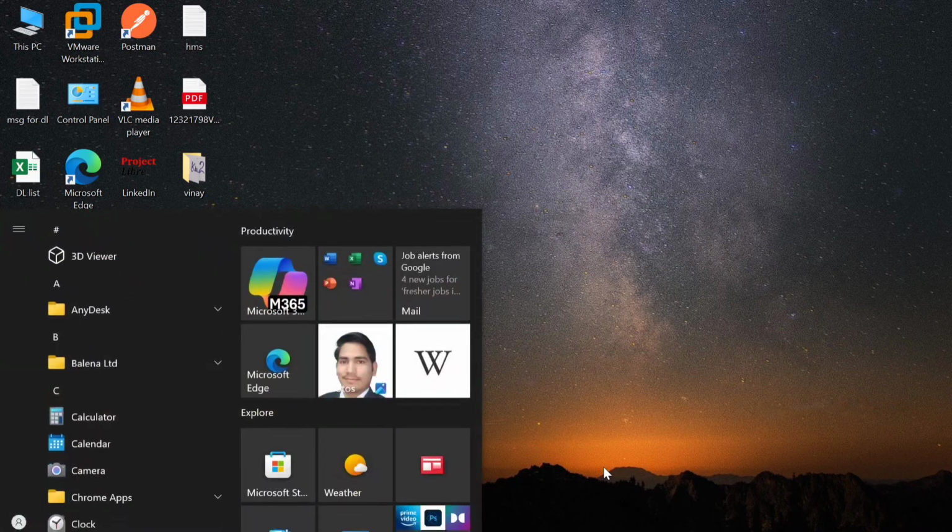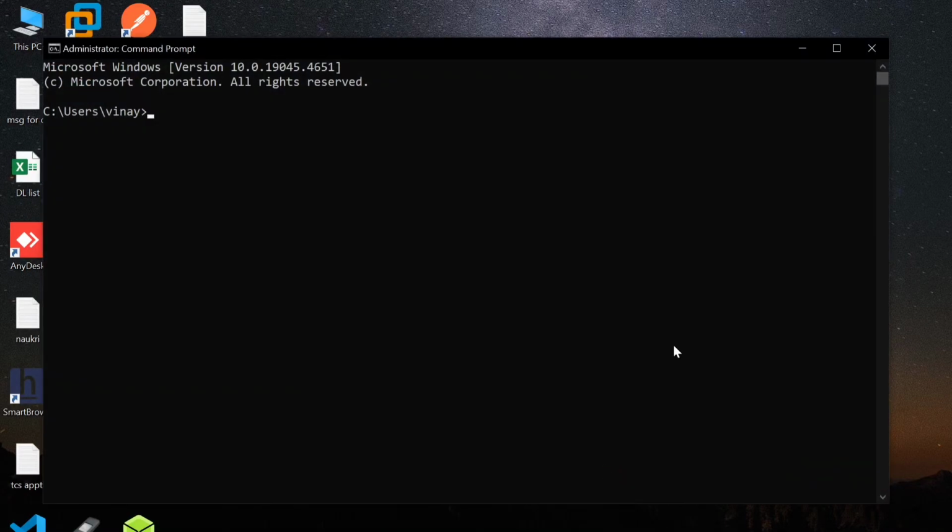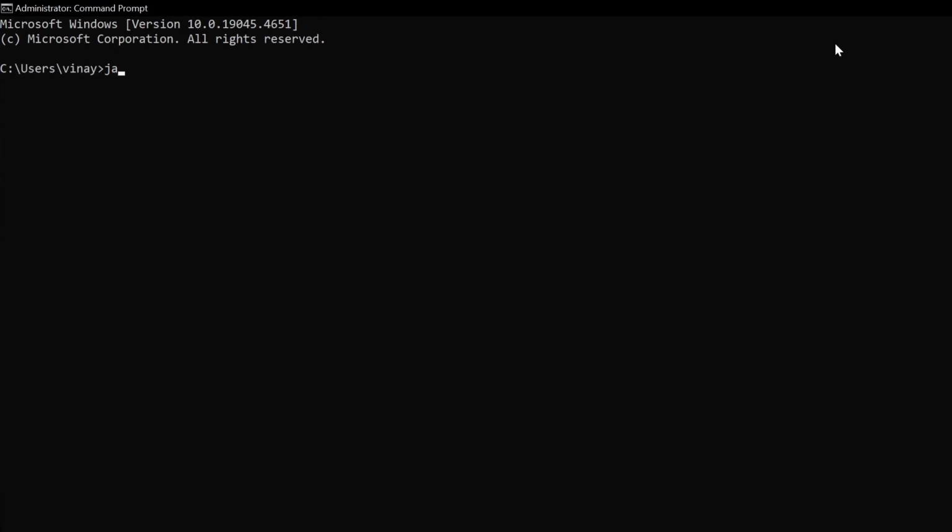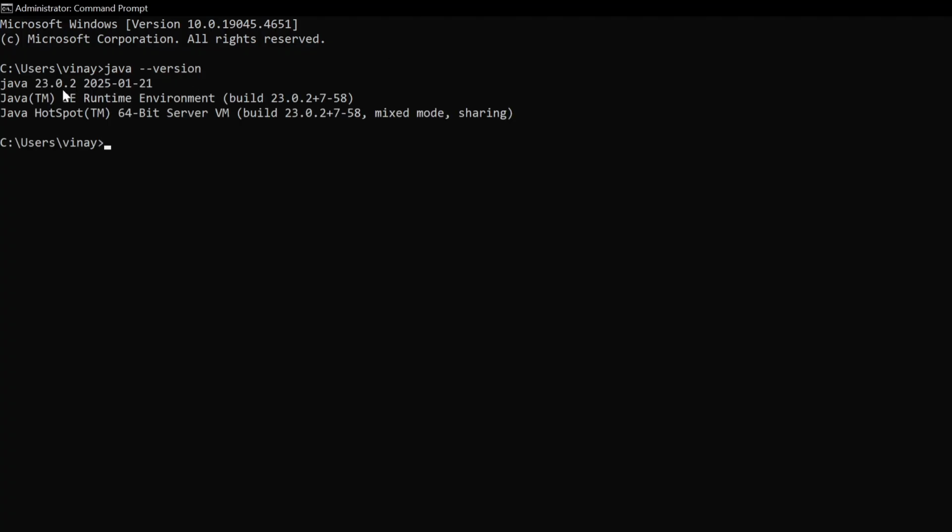Open your command prompt and just type java -version. Here you can see we are using Java 23, but we need to upgrade it. How can we do that? So open,